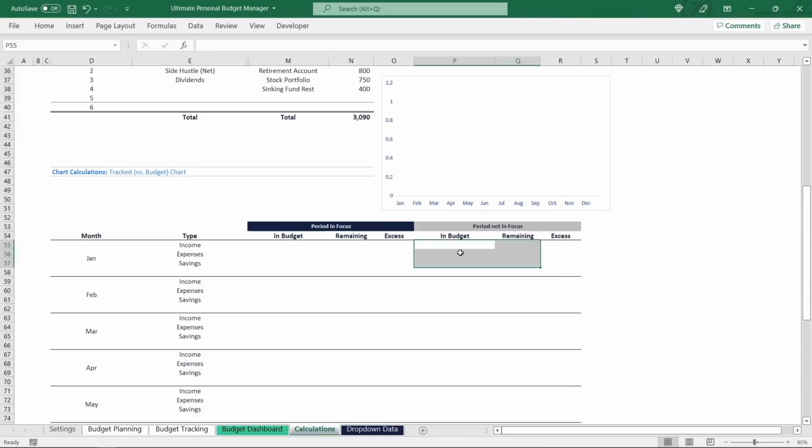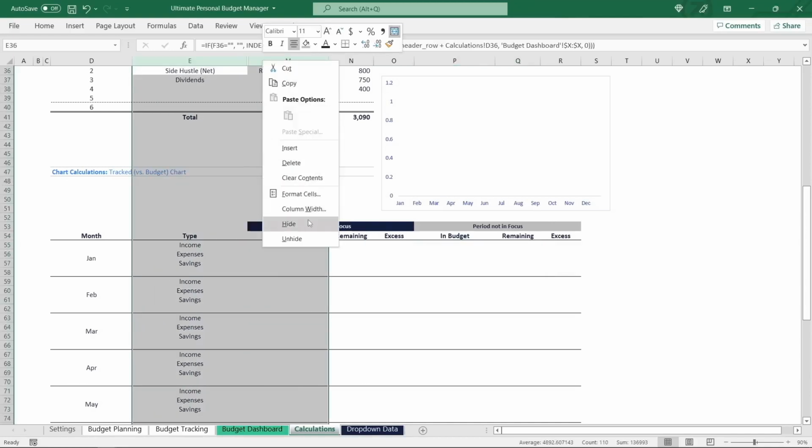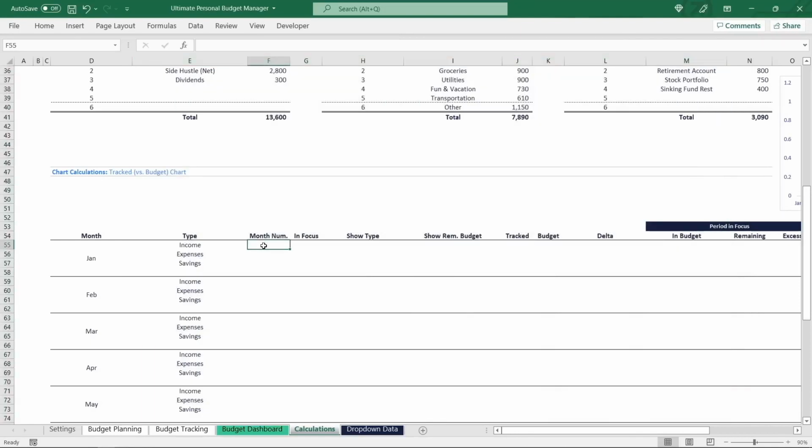Okay, let's delete these again and unhide those columns in between to build up the calculations that produce these results for the actual data. As the initial step, we will enter calculations into the columns from month number to delta. And as we're gonna use the autofill functionality a lot, I recommend to first check in one of the columns